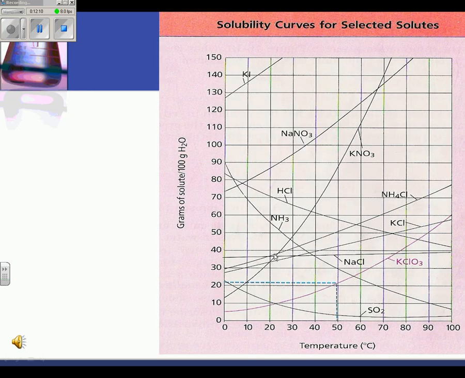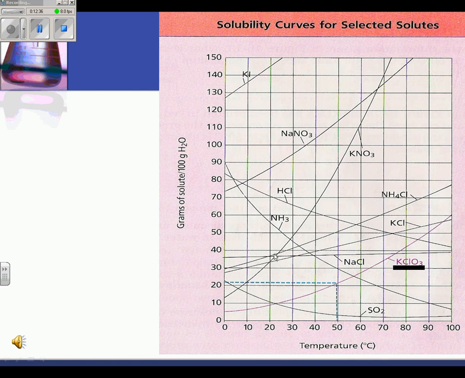Okay, here we have a solubility curve for a lot of solids and gases in solution. And if we want to know the solubility of a particular solute at a particular temperature, we're going to need to be able to read this graph. So the example I have set up here is if I want to know the solubility of potassium chlorate,